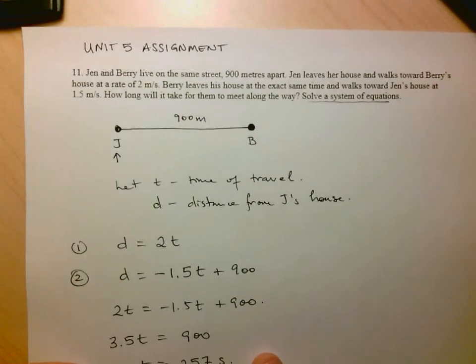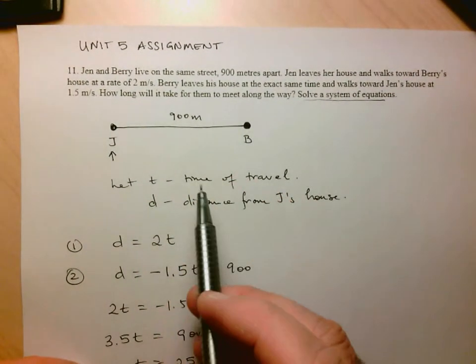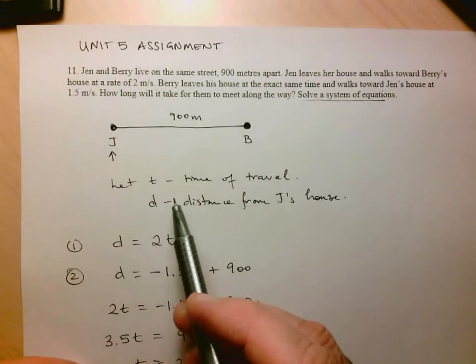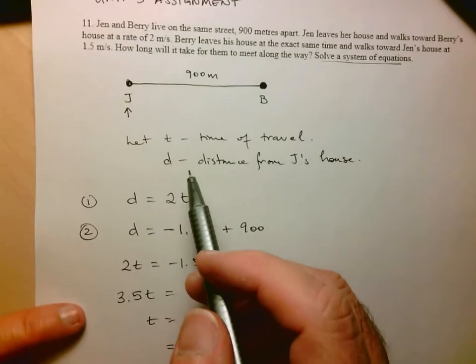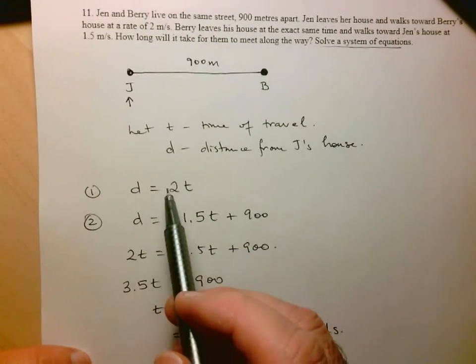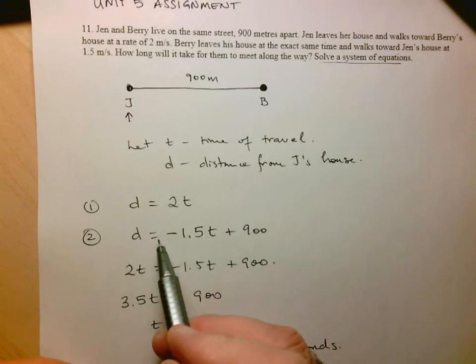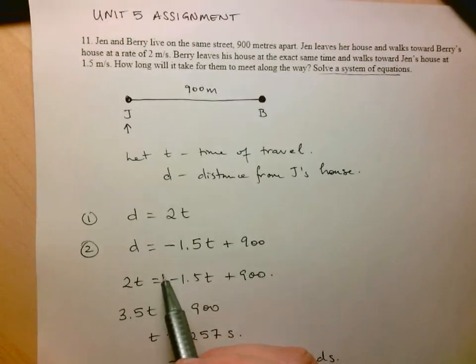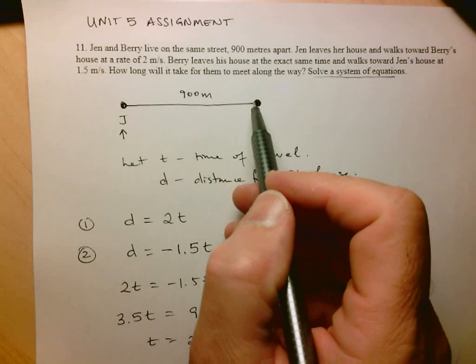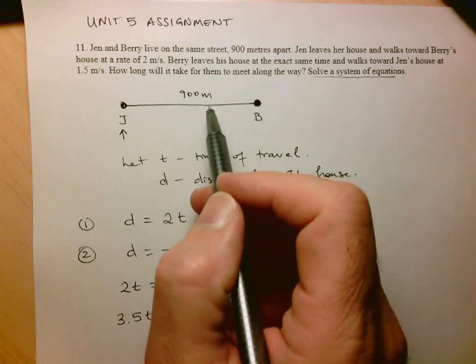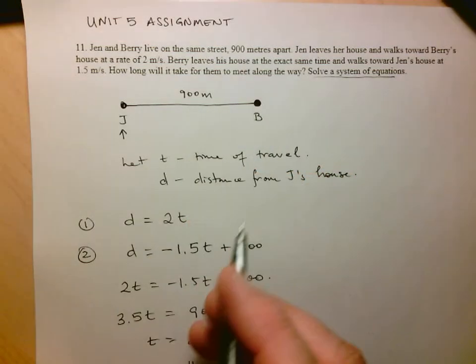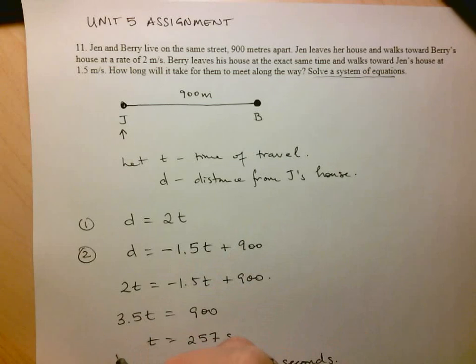Just to recap here, the idea was to determine what variables we were going to be working with, in this case distance and time. The next thing was to write equations. And I would say the trick in this one had to do with the slope of the second equation. Because Barry's distance was decreasing with respect to Jen's house, we needed that negative in front of the